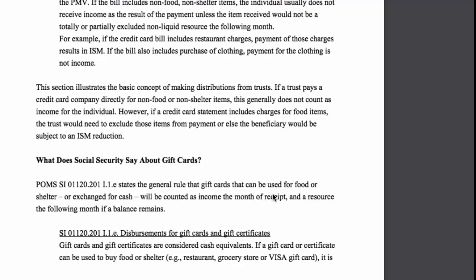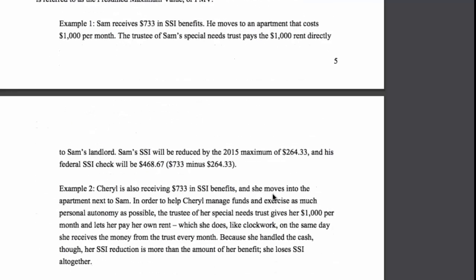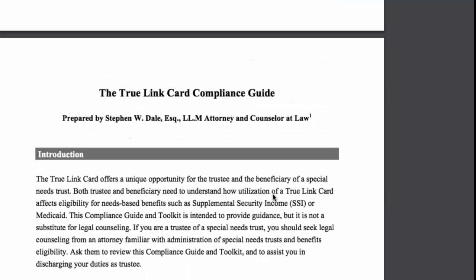Steve will blush, but we get feedback about this because we share it with a lot of people. We consistently hear from attorneys that it's the most cogent explanation of benefits eligibility preservation, and POMS as they relate to special needs trusts, that some of these folks have ever seen. So I really recommend checking that out and giving it a read. It's written in very friendly language. I wouldn't quite call it beach reading, but it's not bad.